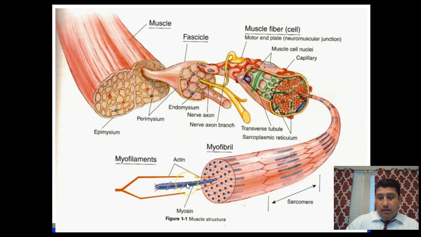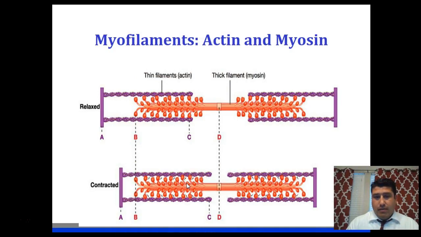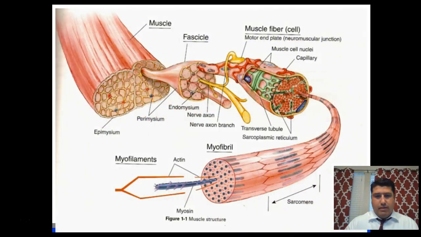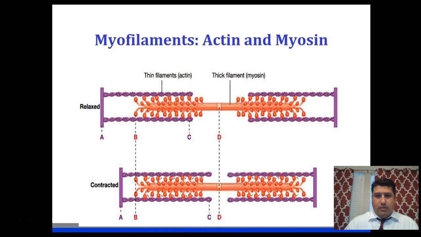So in order for the muscle to work, and this is just a magnified representation of that functional unit. So again, you have the ends of the sarcomere here and here. So the smaller band is actin, and the thicker band is myosin. I believe the slides changed the colors or switched the colors, but it doesn't matter. The thick band in the middle is myosin, and you can see how myosin has all these heads.